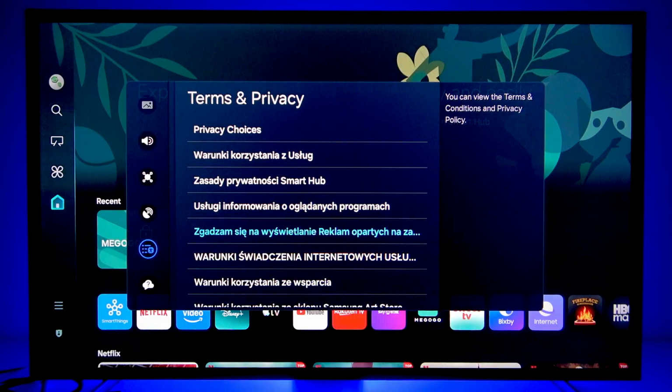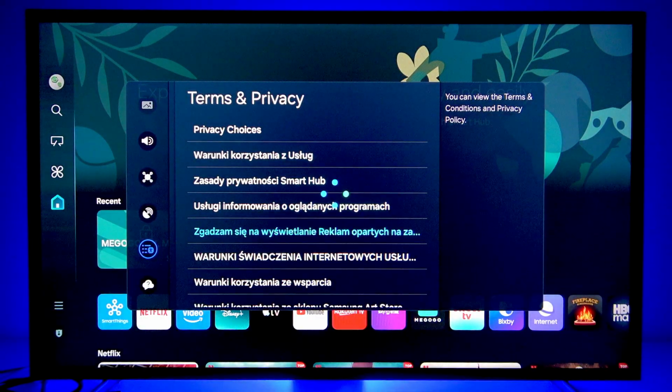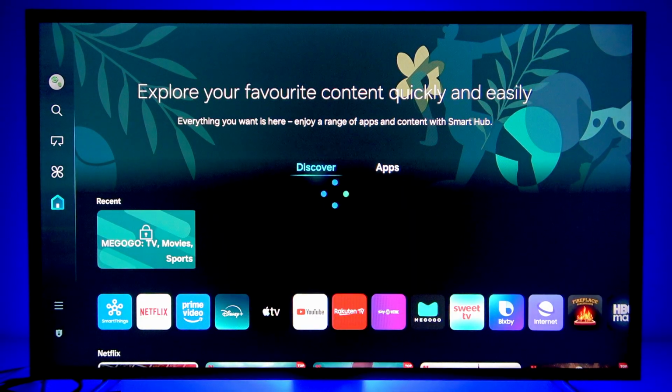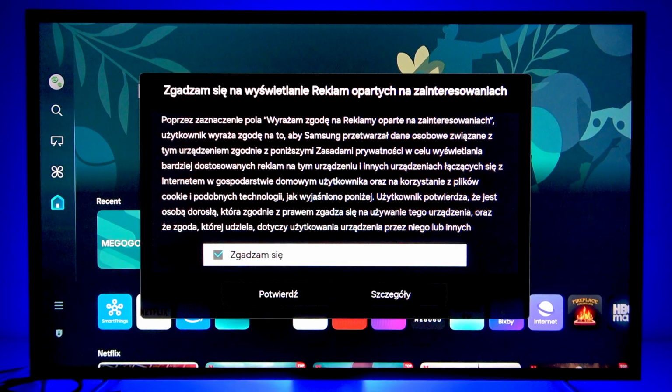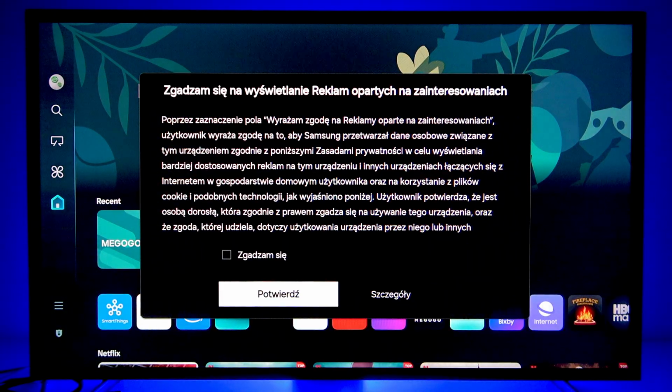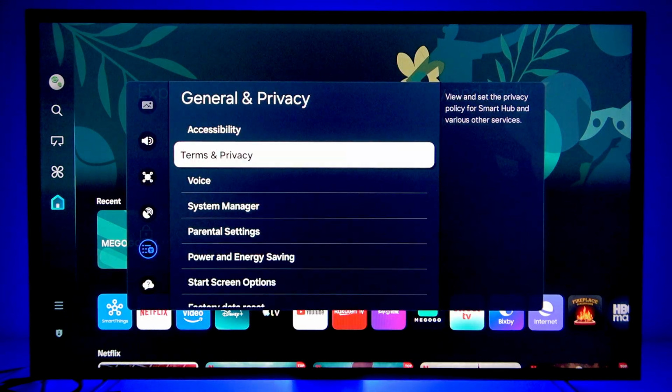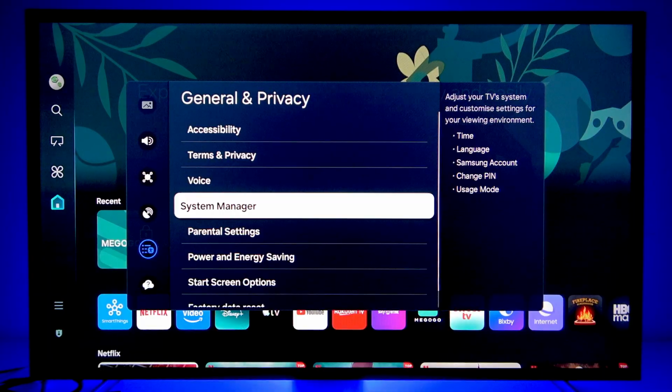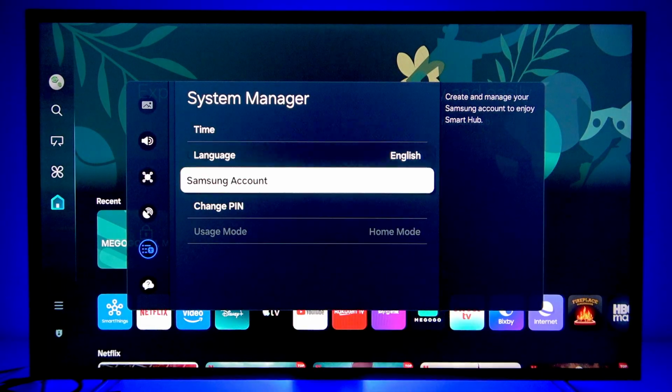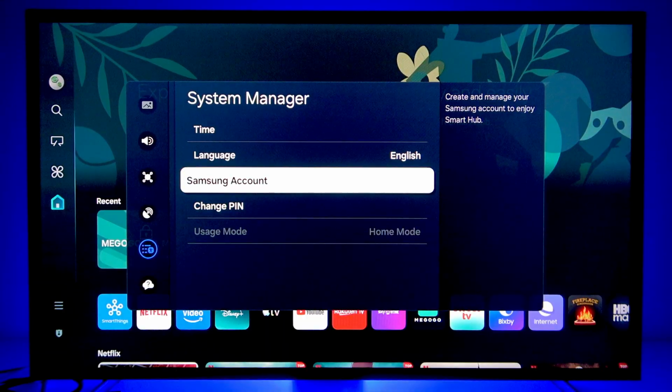So basically what we have to do is select this option and then uncheck this checkbox, click agree, and after that let's also go to System Manager, select Samsung account,